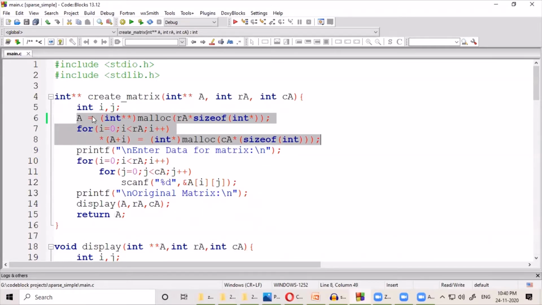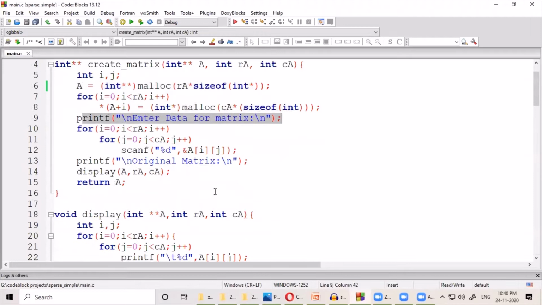Now, after we have created the array A of size RA cross CA, next we are asking the user to provide input. Accordingly, we have these for loops which take the value of the ith row, jth column entry as provided by the user, and store it in the appropriate position, that is in A[i][j].